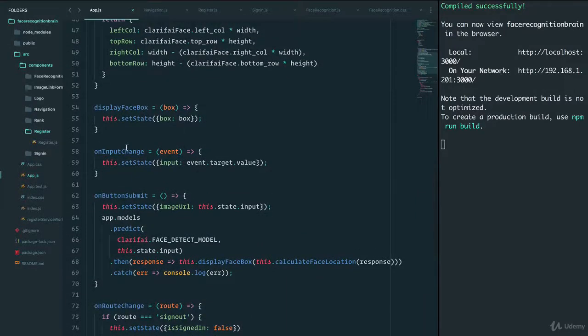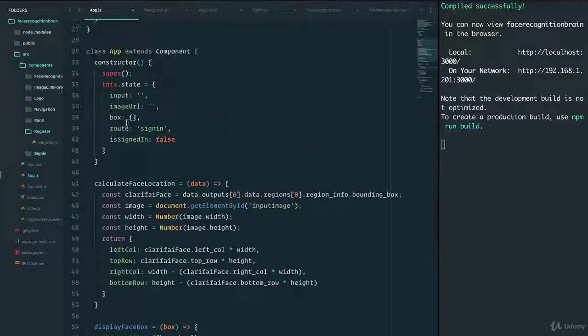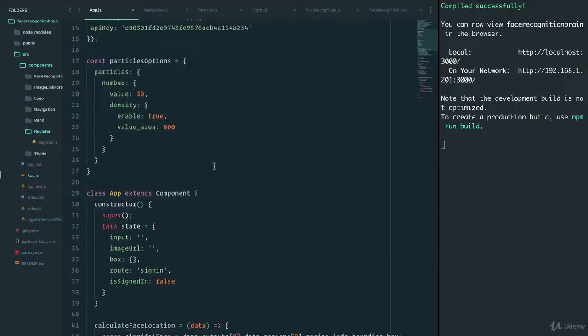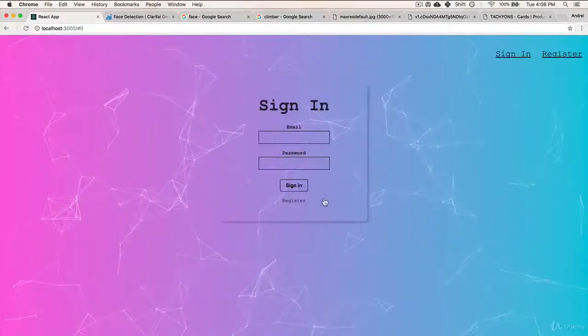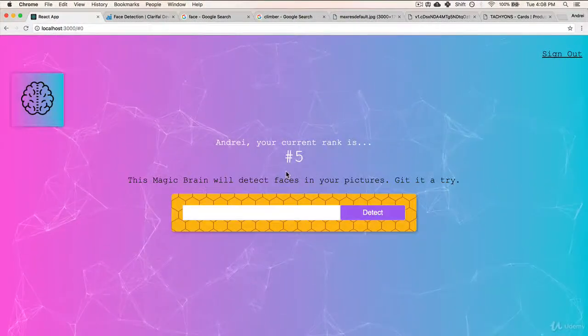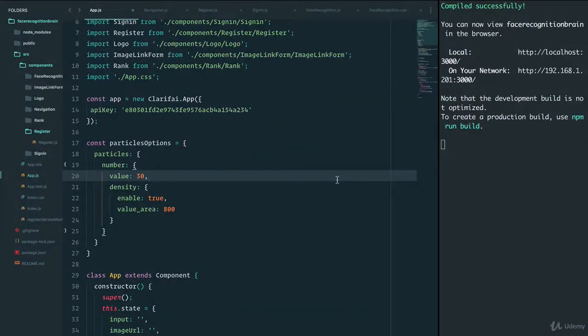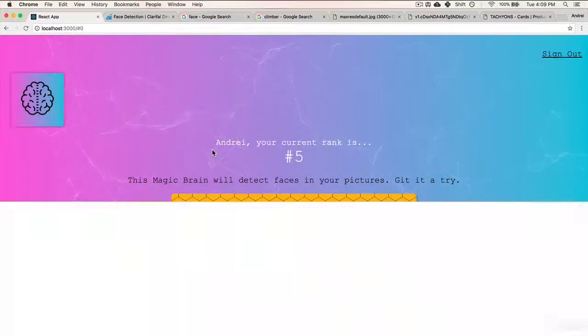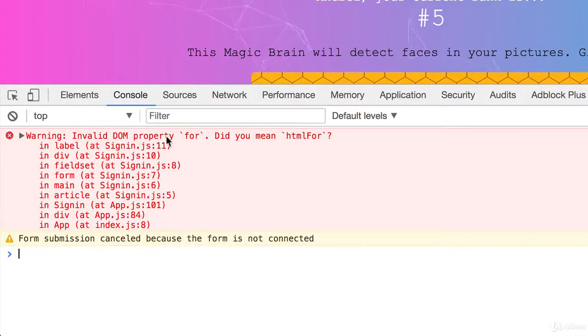On button submit, on input change, everything is looking nice. We have our calculate face location. There's obviously a few things that we can improve upon, but for now we have a working app that does exactly what we need it to. It does face recognition, and it works nicely. I also want to see the console, to make sure that we don't get any errors. And we see that we have two things here. One is invalid DOM property